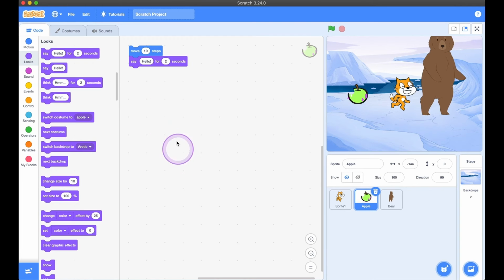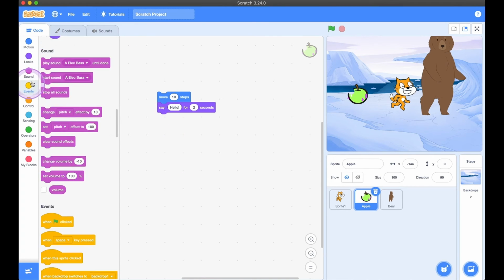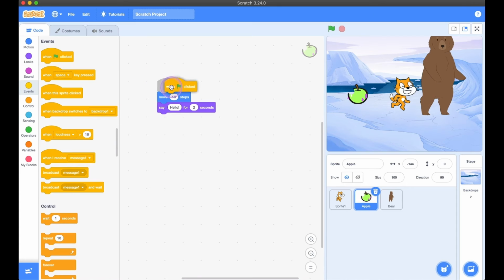Once you are ready with your code and you want to run it, all you have to do is click on the green flag. So click the green flag and see how our code ran. The apple moves 10 steps and says hello for 2 seconds. Now let's talk about the 3 buttons that we have over here. These are the different view formats that we have for our stage. Currently we're on this one,